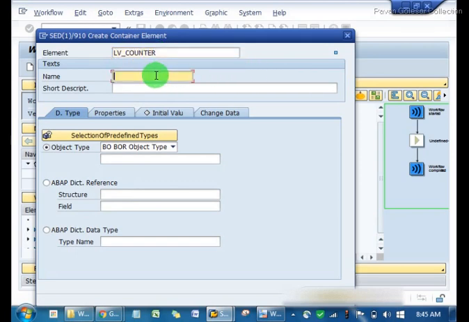Let's suppose this will count the loop pass. Counter for loop pass. Okay, so this variable will have the data type as num1.